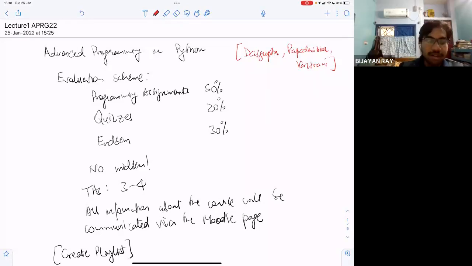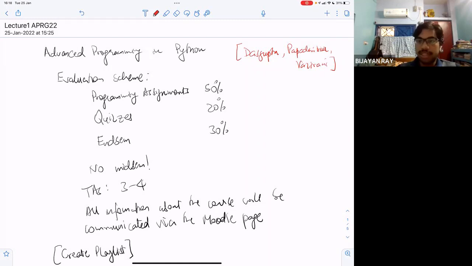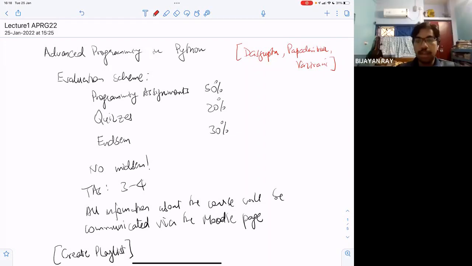It might be a bit out of question, but we had lazy evaluation in Haskell. We don't have that in Python. Can we simulate that? Sorry, I couldn't understand the question. Could you repeat that, please? We had lazy evaluation in Haskell. Yes. So we don't have that in Python. Can we simulate it in some sort of way?